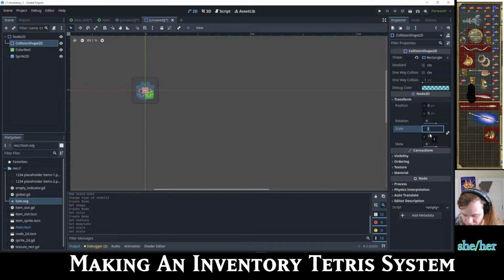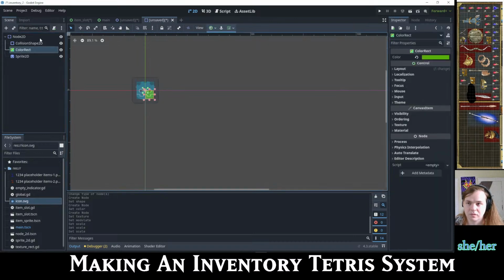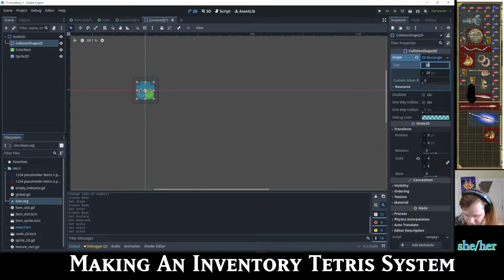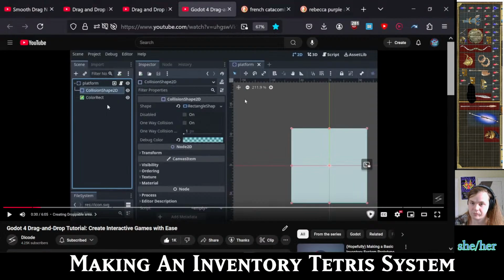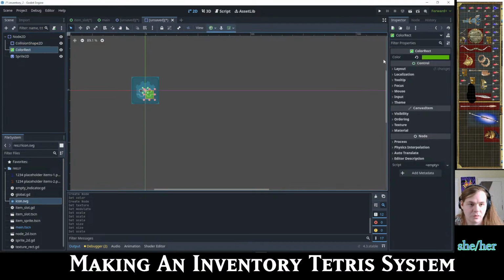Scale 4. Okay, here we go. 128 by 128. That's way too big. Scale, oh, scales, okay, scale 1. That's perfect. Let's just set the color rect to the same